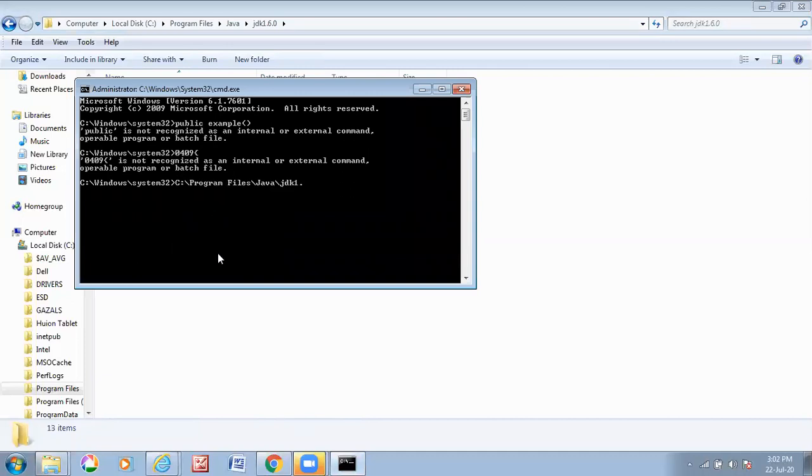I copied the path and pasted it here. I need to write CD, change directory, and I want to go to this directory's folder. The DOS command here. Okay, I'm now in this folder: C drive, Program Files, Java, JDK.